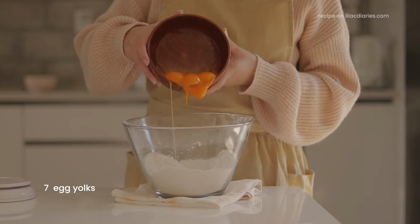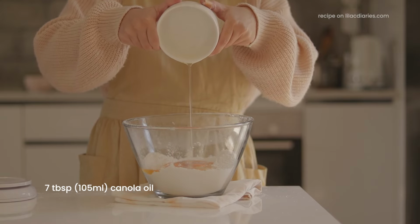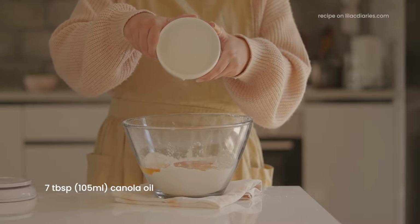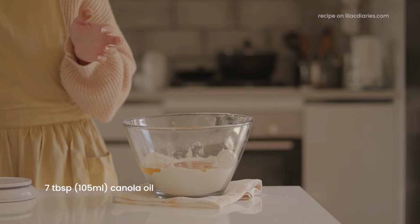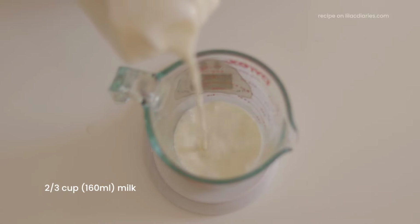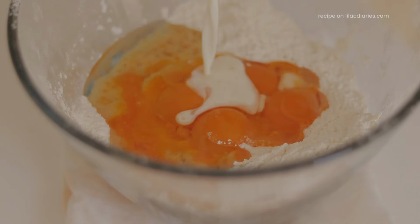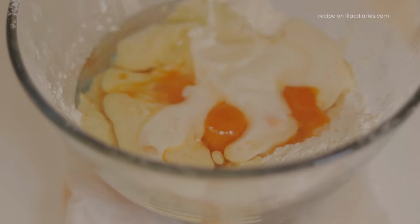Now for the wet ingredients, add your egg yolks and oil. For the oil you can use any type of neutral oil like canola oil, vegetable oil, or other ones. Just not strong tasting ones, like obviously not sesame oil or olive oil. Also add in the milk. This has to be room temperature milk because it mixes better with the yolks and oil. If you're using cold milk, it might cause the batter to separate,